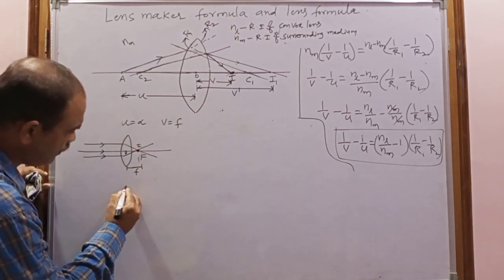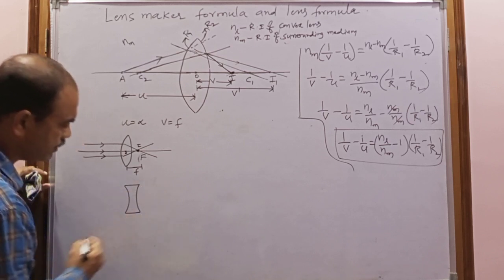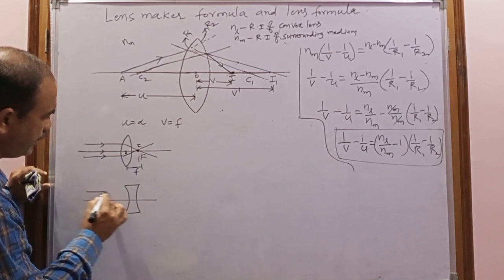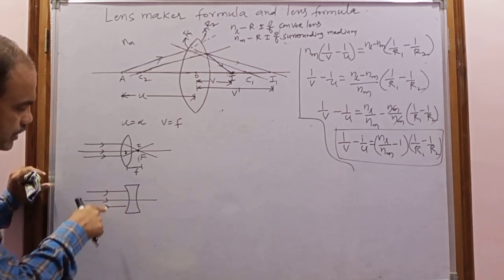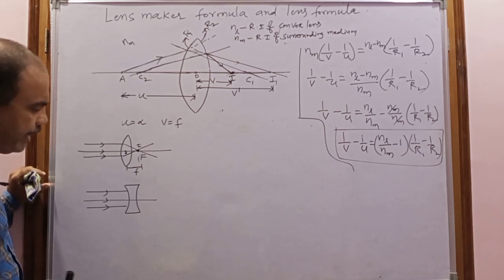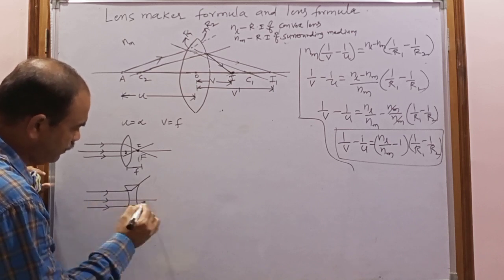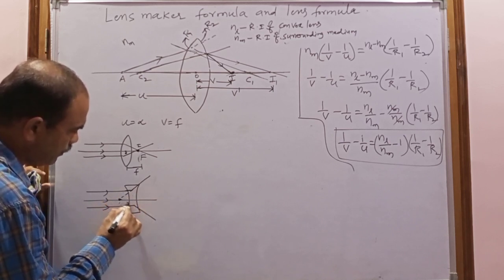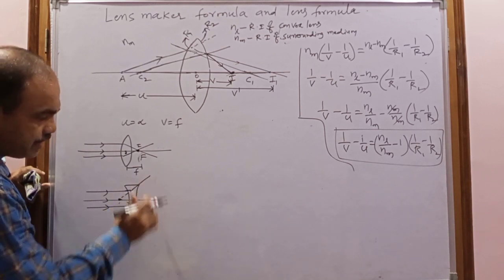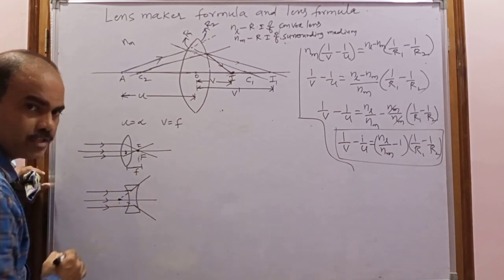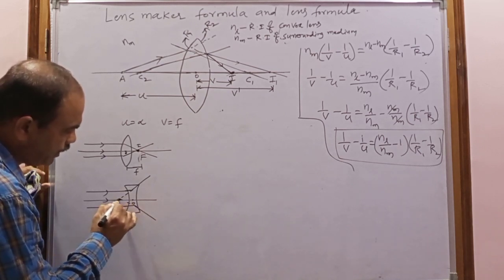As well as in the case of the concave lens, double concave lens or biconcave lens, when the object is at infinity, the rays coming from the infinite object are parallel to each other and parallel to the principal axis. After refraction, they appear to come from the focus. The actual real image cannot be formed. Which type of image is formed? Virtual image. The virtual image distance is the distance from the optic center to the image.